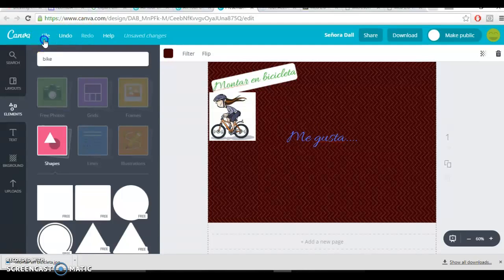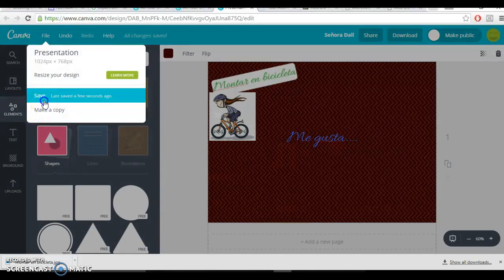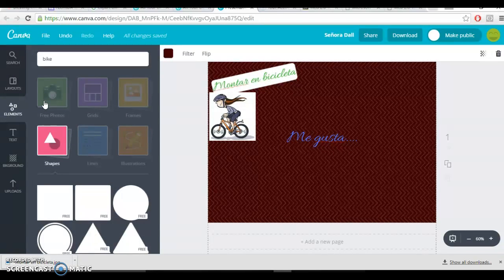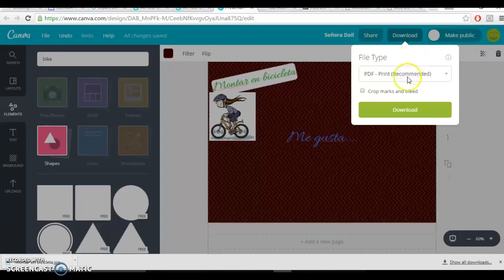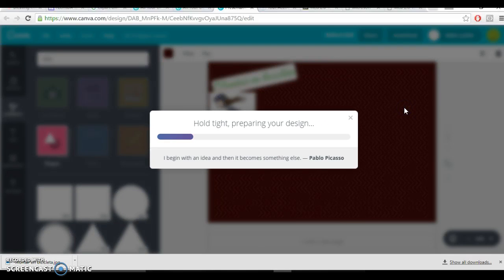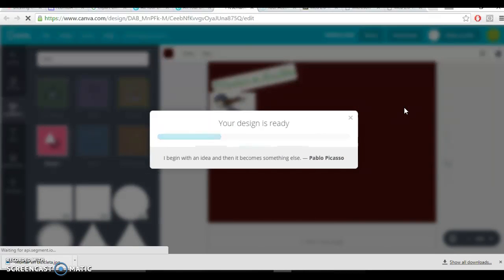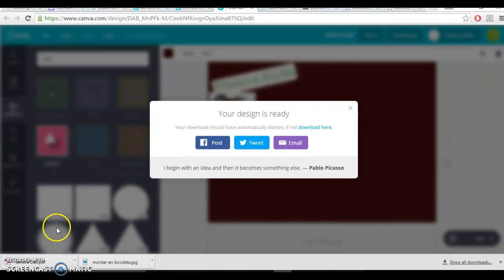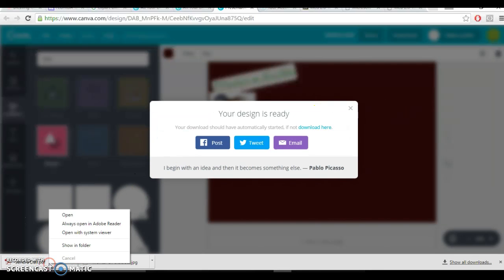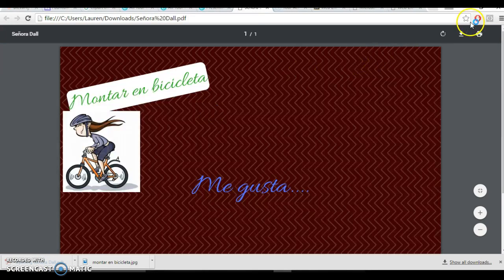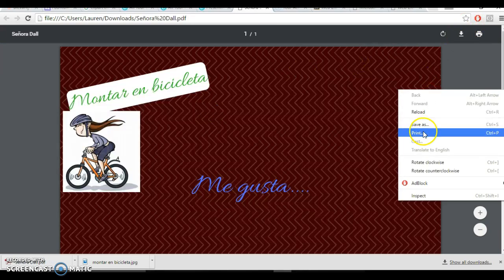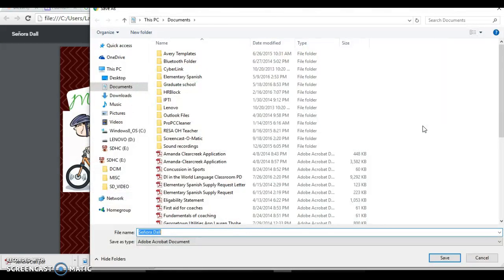To save it, they just have to go to File and click Save. And it does automatically save as you are working. And then the last step is to download. So I'll have them download it as a PDF, so it's very easy to be sent over email to me. Just click download, and now it is preparing their design. And here it is down in the bottom, so I can open it up, right click, save as. And I can save it as anything I want, and then I can print it,